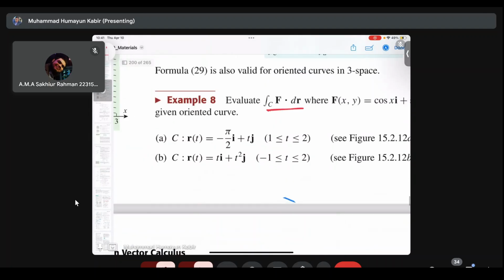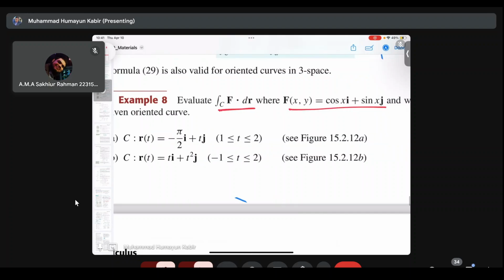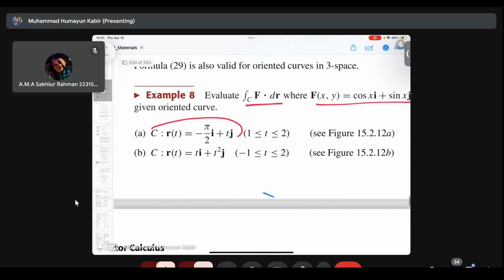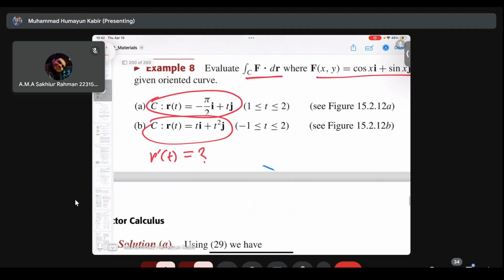This is your vector valued function here, and what is C? C is given by this vector. So the vector itself is given, and this is more convenient for you when the vector itself is given. So what you should do, you should find r prime t, and look at here, this must be equal to